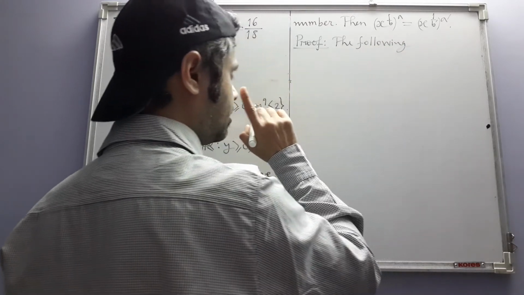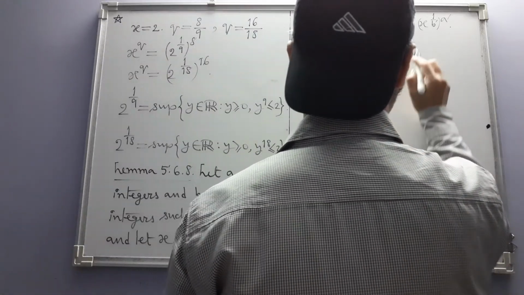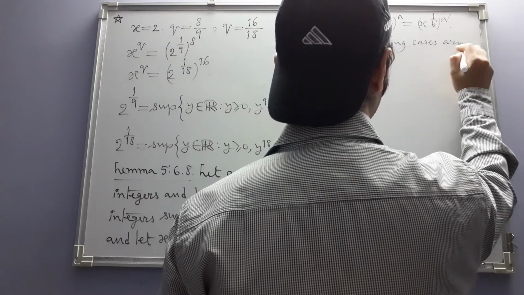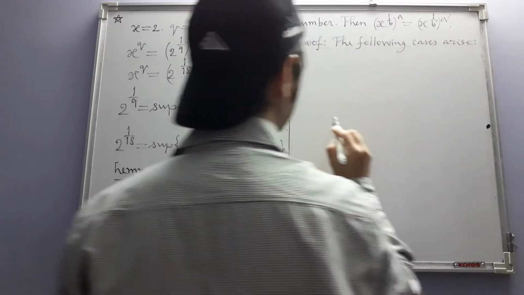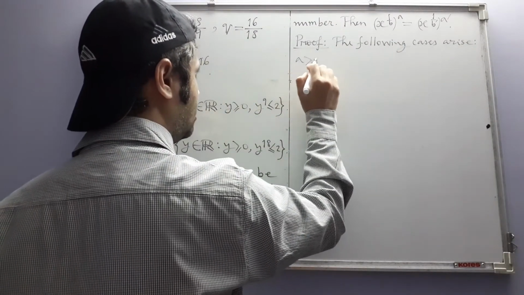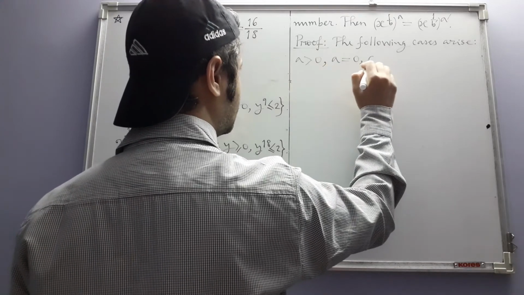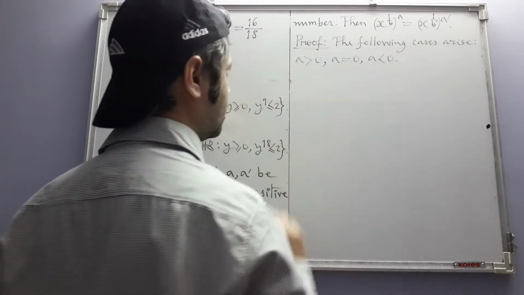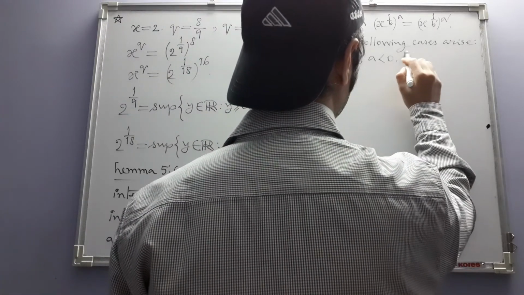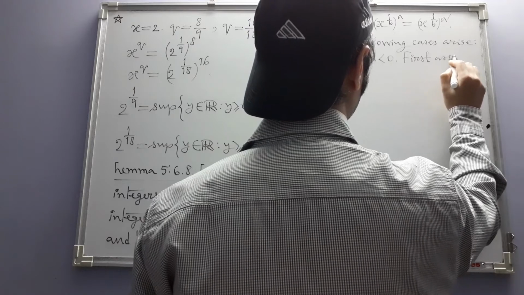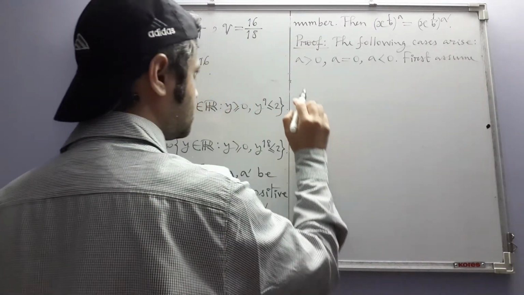Depending on the sign of a, the following three cases arise: a is positive, a is 0, and a is negative. First assume